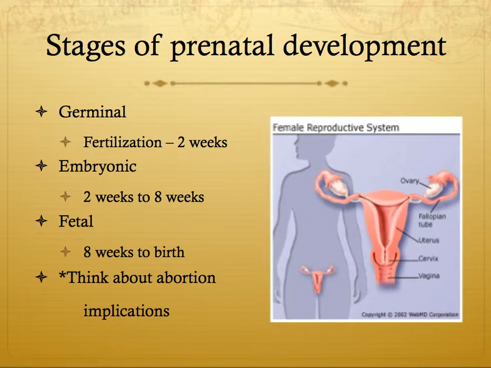Okay, now that we are through that, let's get to the real baby making part here. So there are 3 stages of prenatal development. The first one, germinal stage, which is from the fertilization of the egg to 2 weeks, then the embryonic, and then the fetal. And I don't oftentimes give away test questions, but one question that I always ask people is, when should abortion be legal based on the milestones of prenatal development? Not based on religion or anything like that, which is okay to believe, but for the purposes of this class, it's a thought exercise